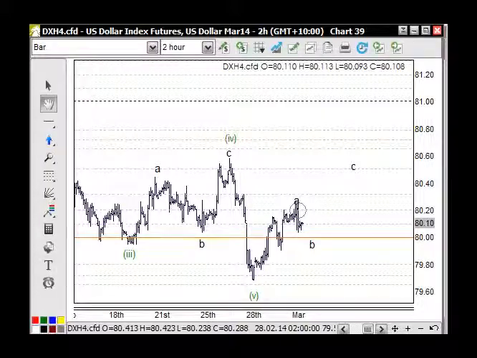Welcome to the Forex, and here we're looking at the US dollar index on the 2-hour chart, and it does appear that we've got a 5-wave structure to the upside here. We can call that wave A, and it's at its 50-60% retracement level that we're looking for from the previous wave down through here. Now we're looking at wave B, and wave B is normally a 5-3-5 structure in terms